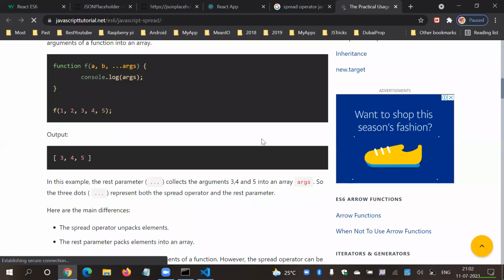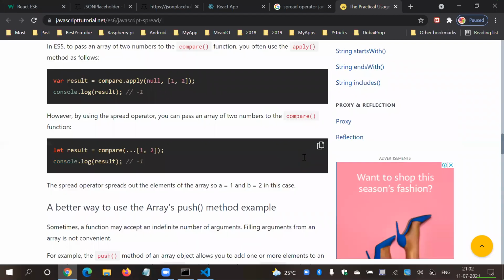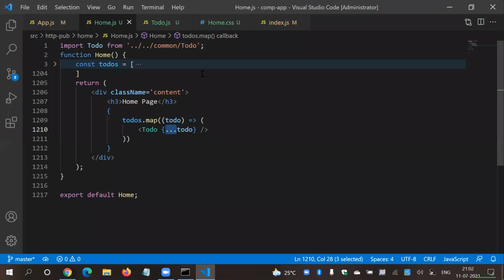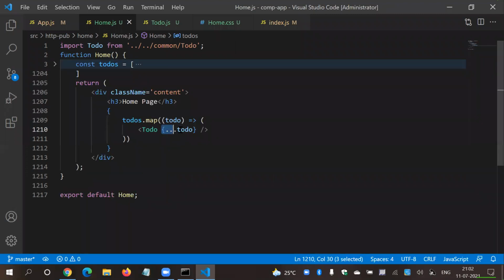Okay, if you know PHP extract function, how it works, similar way it works. It will simply extract key value pair from this array, like user ID is equal to 1. So in this case, it will simply call user ID is equal to 1. So spread operator means it is extracting key as a variable, value as a value.